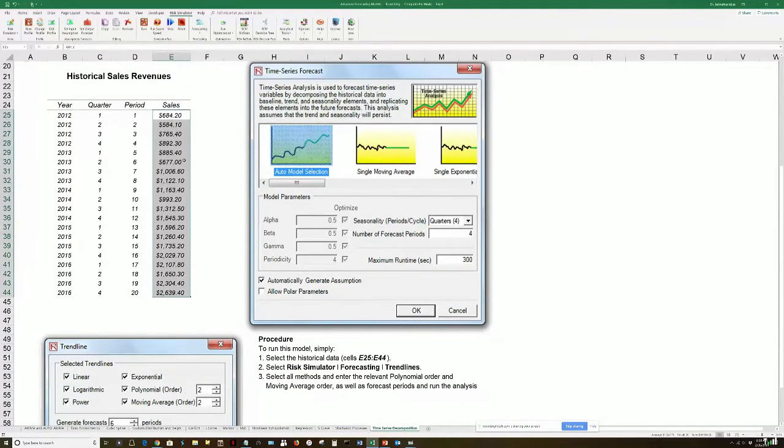This is for quarterly data points. So we see quarter 1, 2, 3, 4 in column C. And we see periods, there are 20 periods. So in other words, we've got 20 data points in this case. And we see sales values, right? So this is time series data. Time series data just means data follows time in a series. So January, February, March, revenues, cost, inflation, interest rates, whatever you want to use.